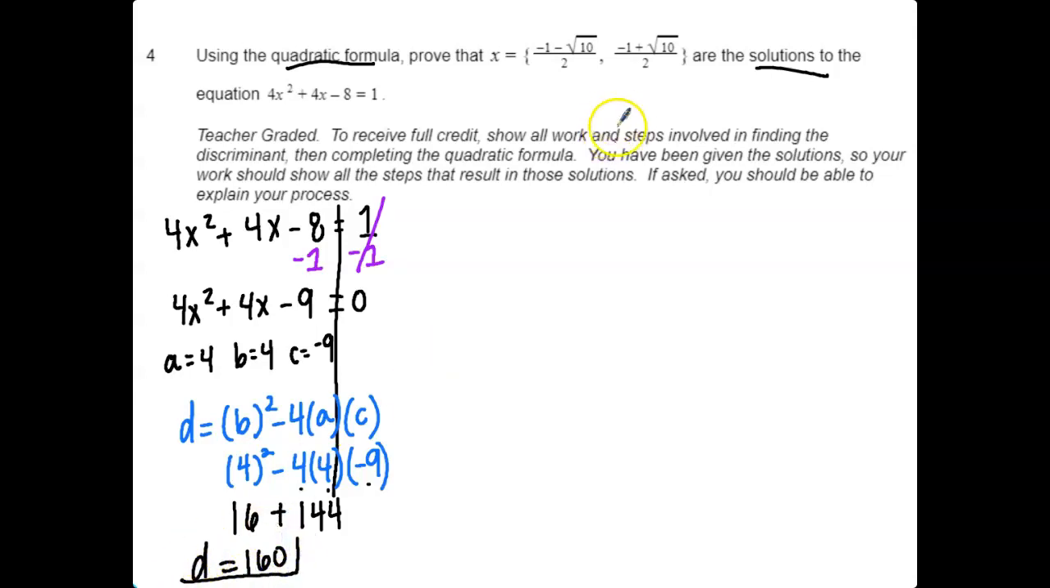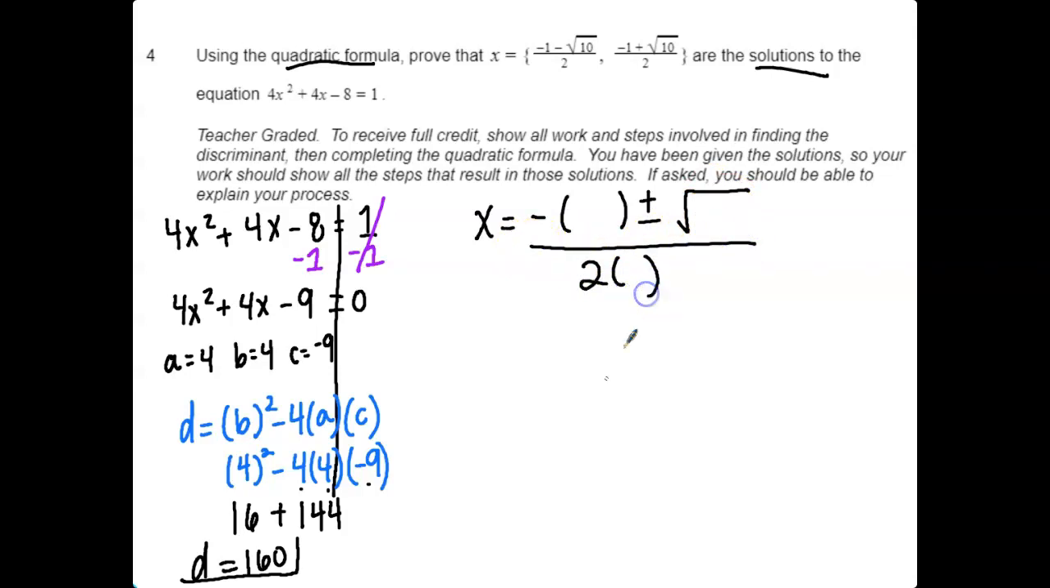All right, I'm not done yet. I now need the rest of my quadratic formula. It's x is equal to the opposite of whatever b is, plus or minus the square root of your discriminant, divided by 2 times a. So let's fill in our information. The first parenthesis should be our b, which is 4. Underneath the radical is 160, and then a, which is 4. All right, let's get this cleaned up a little bit. So x is equal to negative 4 plus or minus